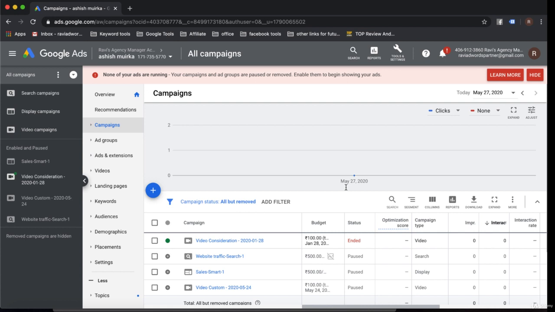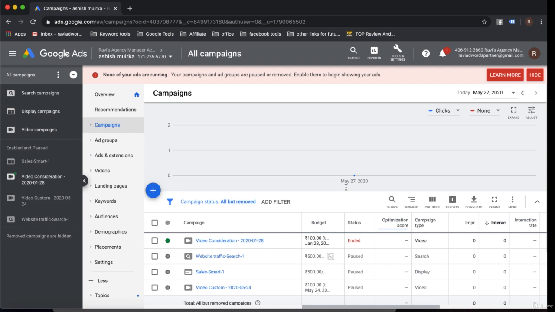In previous years, like in 2019, quality score was defined between 1 to 10, and 1 means the lowest quality score and 10 means the highest quality score. 10 means that your ad is most relevant, your keywords are most relevant, and your landing page experience is most relevant to the advertisers and audience as well. A quality score below 3 will stop your ads, like it will get fewer impressions and fewer clicks as well. And a quality score above 5 will be your average, and above 7 is your above average quality score.